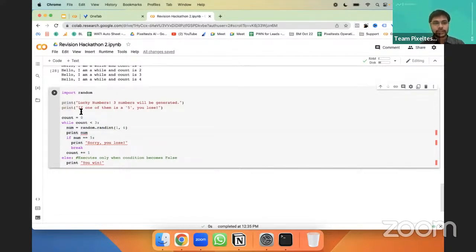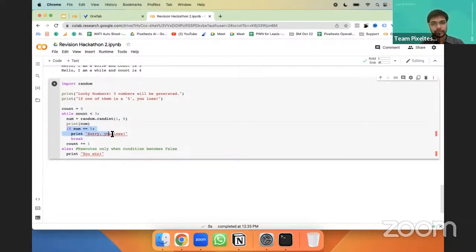Now the game here is, if it is 5, then the person who is running it will lose. If it is not, he or she wins. Now we're going to print that particular number, and then we are going to do a check, because we've learned conditionals also. We check if the number equals 5.